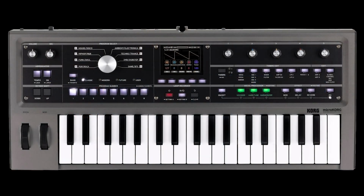Number 7, Korg Microchord 2, $549.99 new, $599.99 for the limited white edition. The 37 mini key Microchord 2 is cute as a button. 8 voices of analog modeling, onboard vocoder, it'll run for 4 hours on batteries, a 2.8-inch IPS LCD, which means